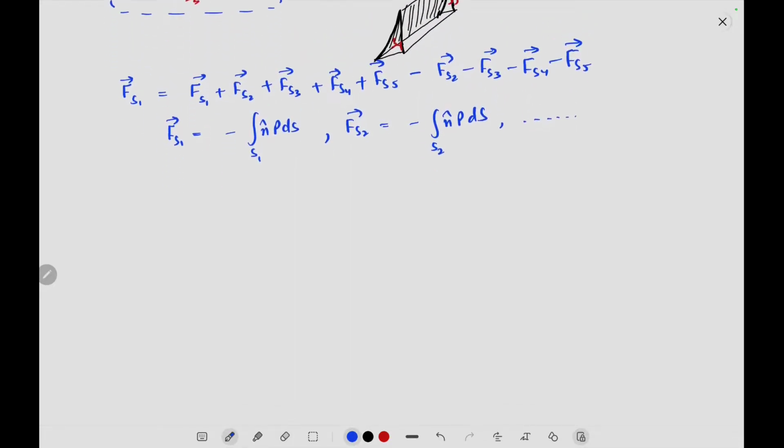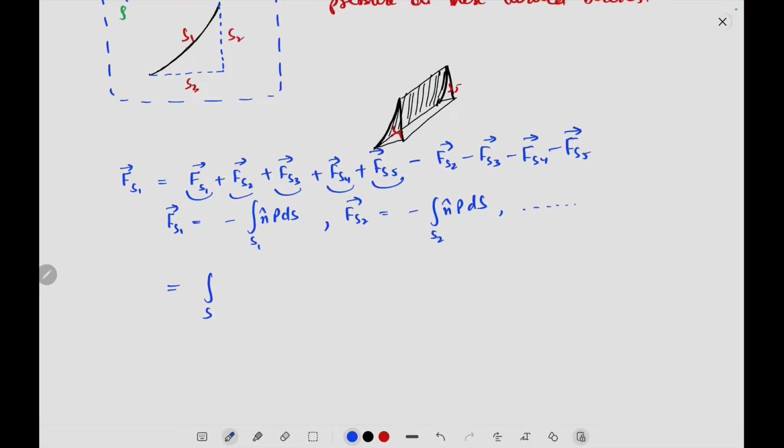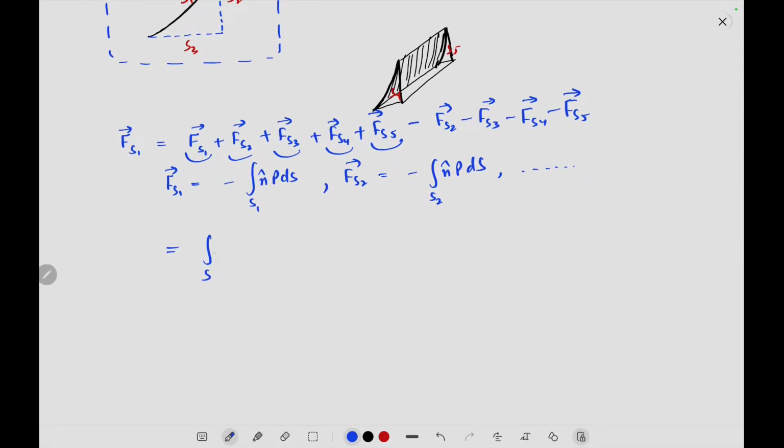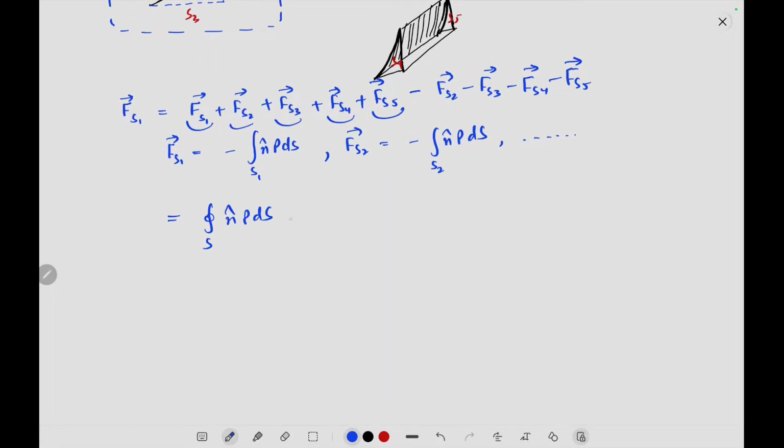So now if you see Fs1 plus Fs2 plus Fs3 plus Fs4 plus Fs5, this can simply be clubbed as integral over the surface S, where surface S consists of all these surfaces S1, S2, S3, S4, S5. This becomes a closed surface, and we can simply write n hat p ds minus integral over,